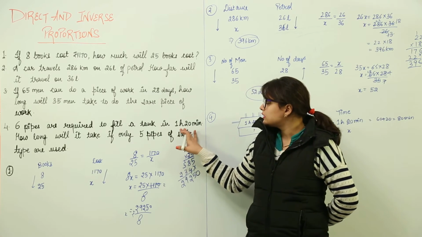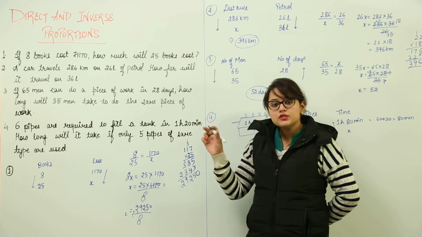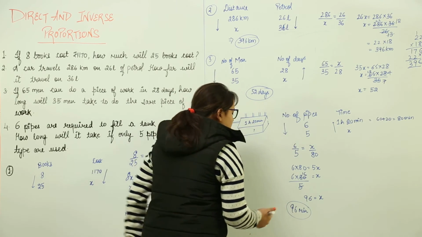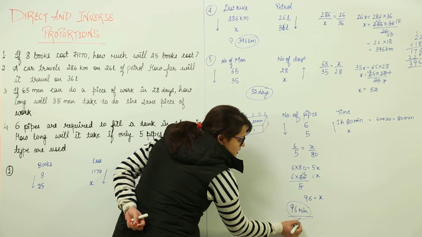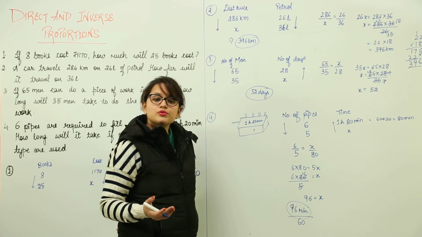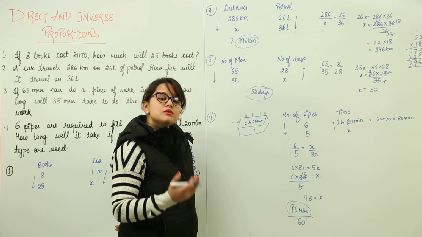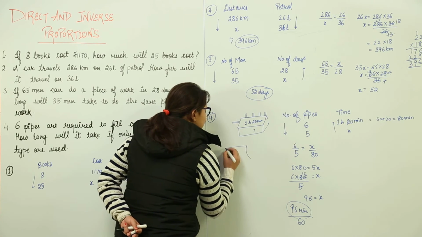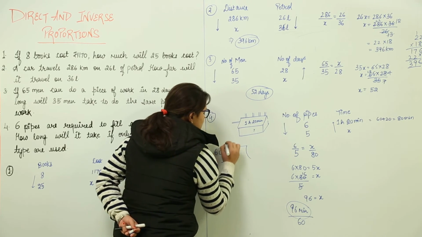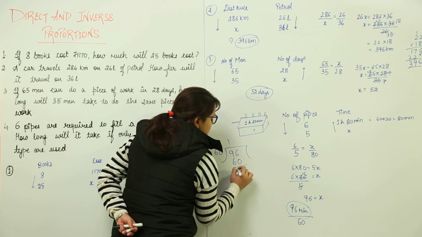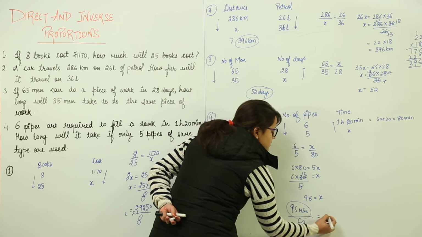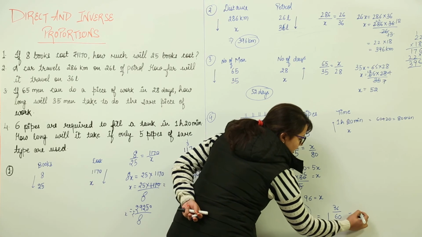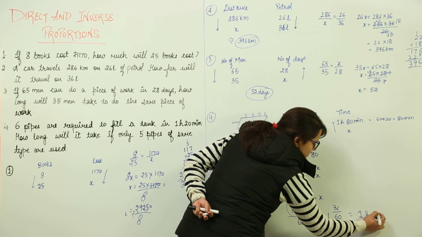Now you have to be particular about one more thing in such questions, that is the question's data. Here the time was given in hours and minutes both. So you have to convert your answer back into hours and minutes. How do you do that? You would divide this by 60. Why? Because 1 hour is equal to 60 minutes. So if you have to convert 96 minutes into hours, it will be divided by 60. Now when we divide 96 by 60, 60 ones are 60. You get 36. That means it comes out to be 1 whole 36 over 60. That means you have 1 hour and 36 minutes.